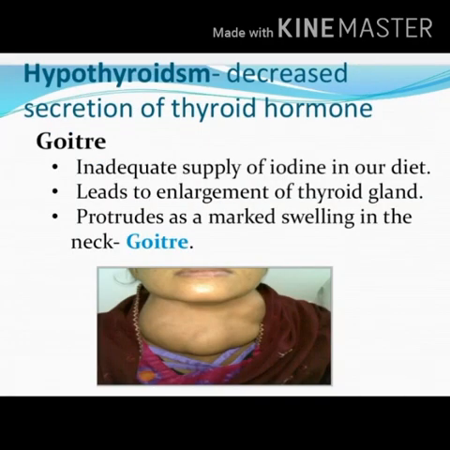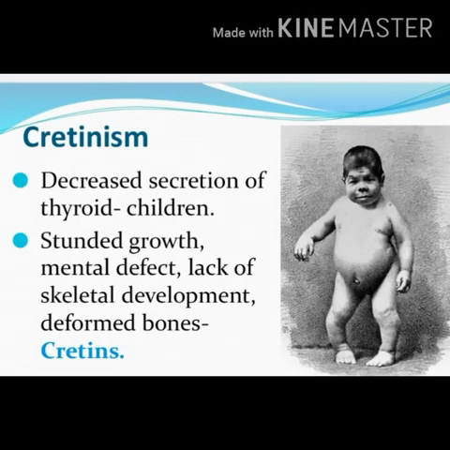Hypothyroidism, as we already saw, is the decreased secretion of thyroid hormone. Its abnormal conditions are, first, goiter. Goiter is caused by an inadequate supply of iodine in our diet. If there is an inadequate supply of iodine in our diet, then goiter will occur. It leads to enlargement of the thyroid gland, which protrudes as a marked swelling in the neck. So there will be a swelling in the neck, that is the goiter. The next is the